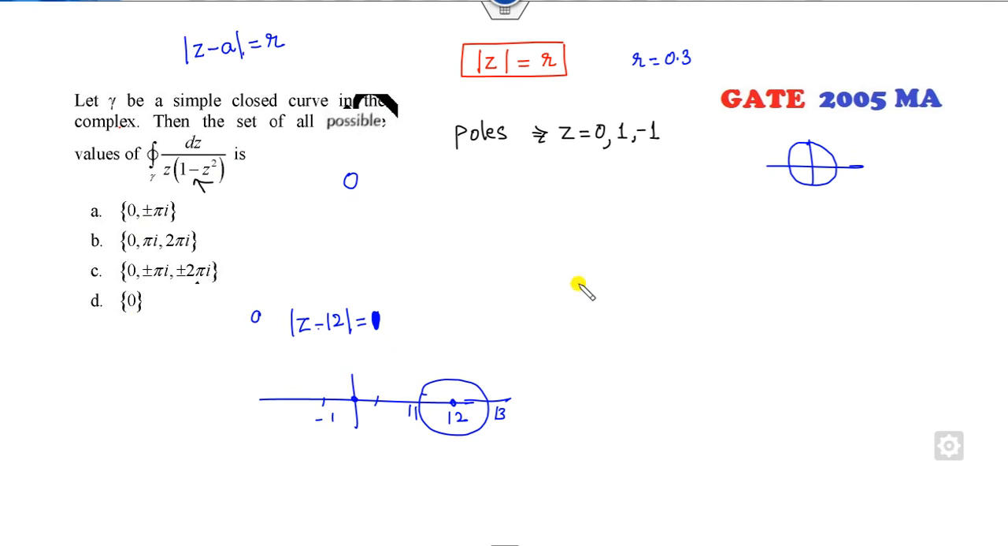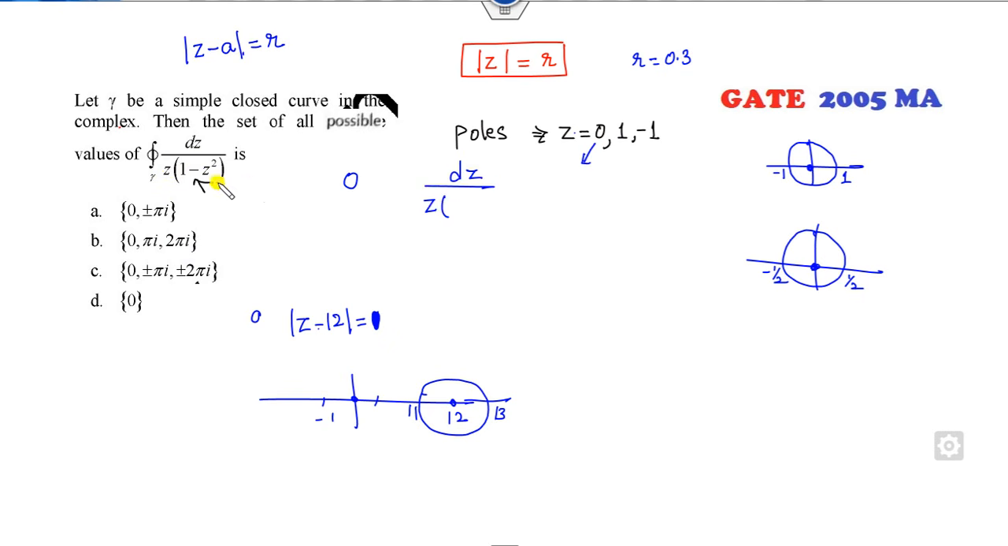But if I consider the circle of radius 1 or minus 1, then all the points lie inside it. Or if I consider the radius is half, then only the point 0 lies inside it. That's why they are not talking about the exact answer. So what will happen if I take z equal to 0? The answer will be,